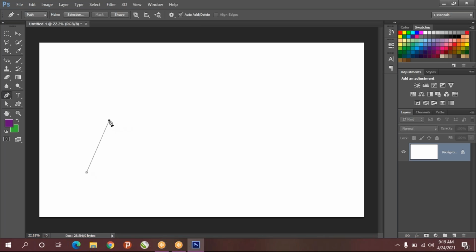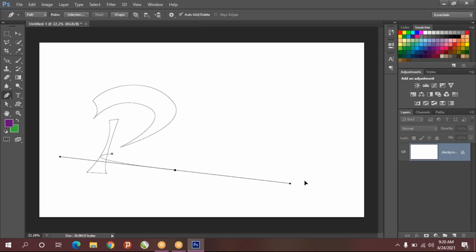And you can create your custom texts and all like this, and hold Alt click and bend it. So like this, you can easily create any kind of shapes.